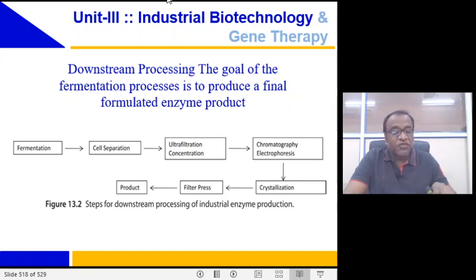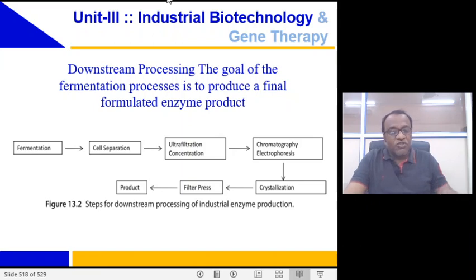Thus, it is important to have knowledge of how the fermentation process is going to affect the other unit operations in the downstream processing. If you just keep on adding the anti-foaming agents without taking into consideration the membrane being used for the filtration, then it can surely have an adverse effect on the filtration unit membrane. Right. So overall process optimization is dependent on whether the individual unit operations have strong interactions or not.